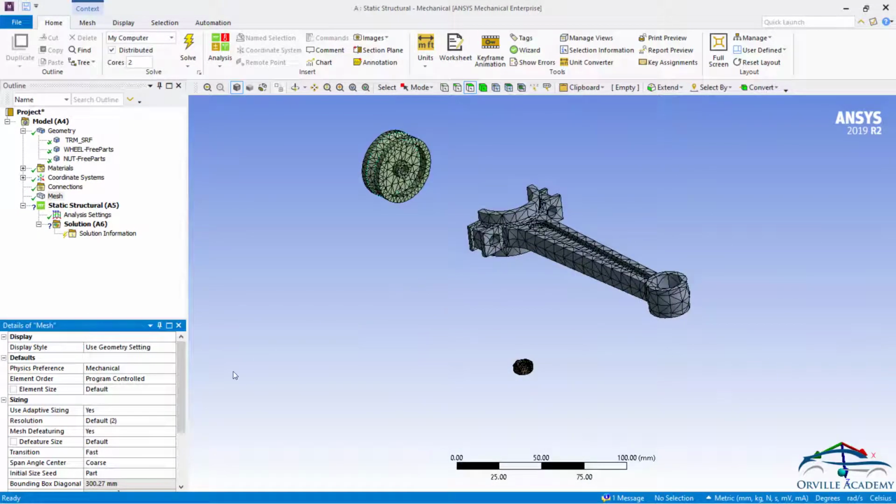So I hope all the options related to the adaptive sizing are clear to you. In order to better understand these options, we have to play with them again and again and see the element count as well as the flow of mesh. In the successive sessions also, we are going to play with these options.